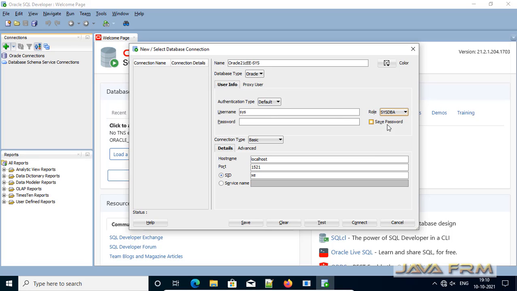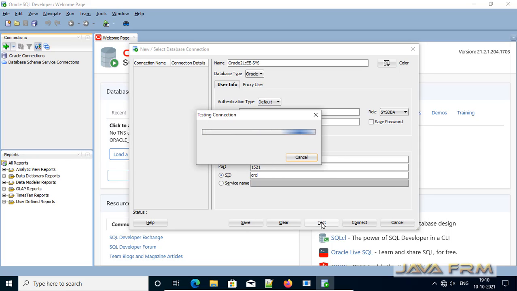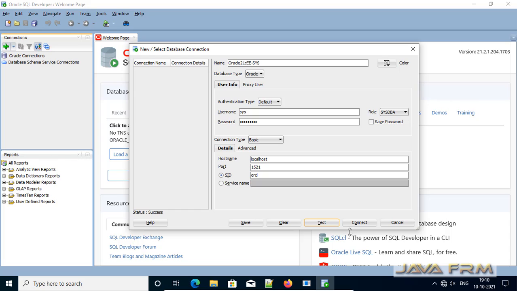Role will be sysdba. Password, provide the sys password. Here SID will be ORCL, which means I am going to connect to the container database. Test the connection. Yes.